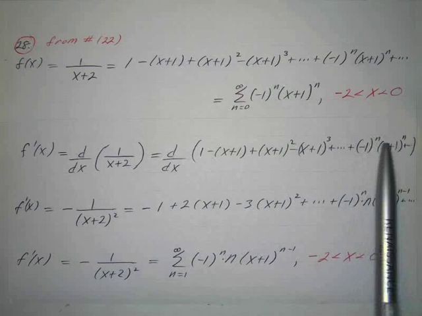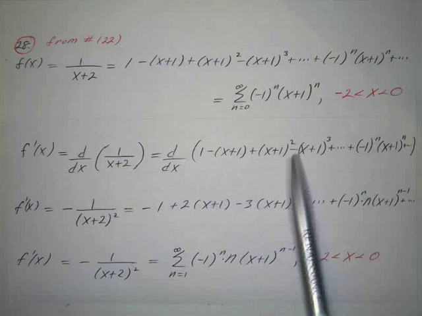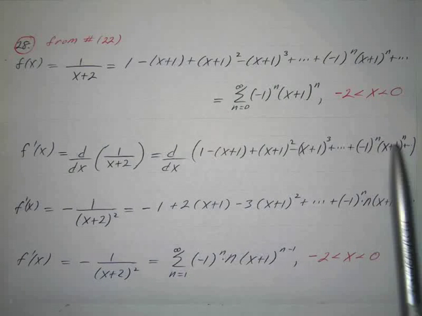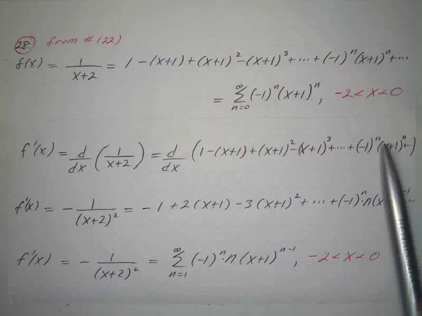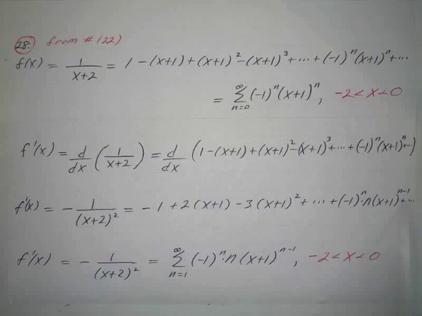When n is 0, that's 1. When n is 1, it's negative. Then positive, then negative. And this stays the same because that's a constant. Then I'm going to use the power rule on this, and that's going to be n times x plus 1 to the n minus 1. And then we just use that in the expansion. We set our index so it will work at n equals 1. So the index is a little different here than before,